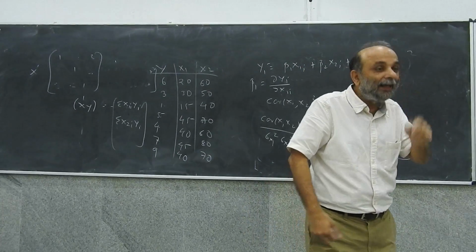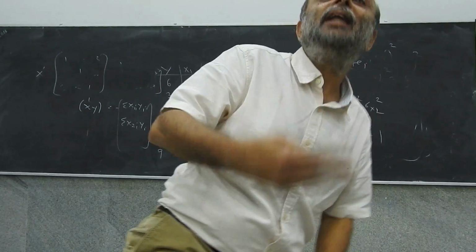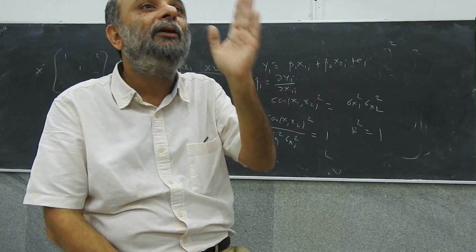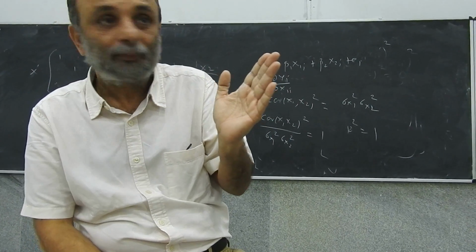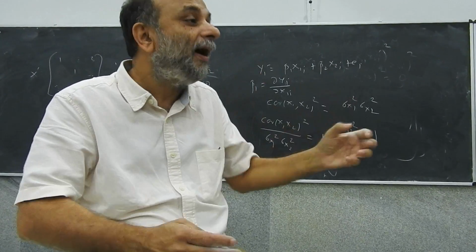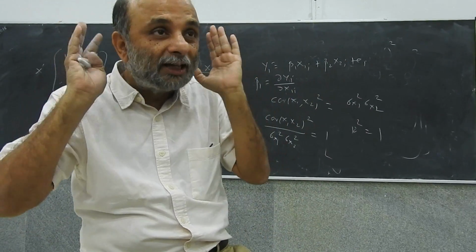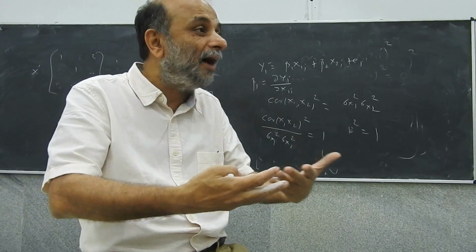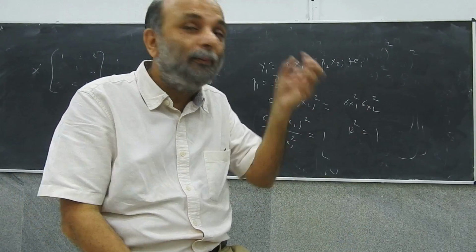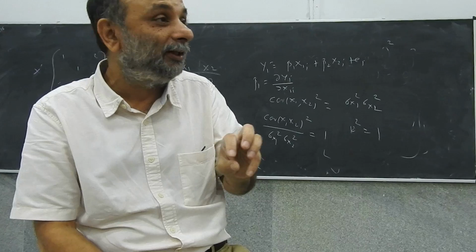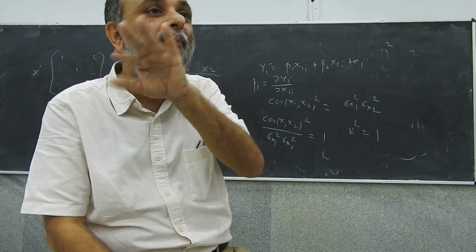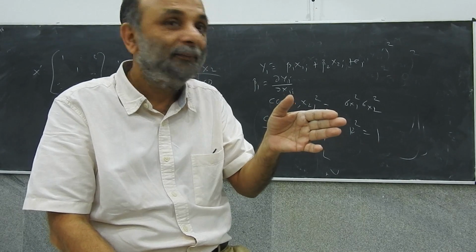So what this is saying is, you don't have enough information in your data to find separate values of beta 1 and beta 2. So in effect, what the determinant of x dash x measures is the amount of information that you have in the data to be able to find the parameters beta 1 and beta 2. When they are perfectly correlated, you have zero information to find beta 1 and beta 2 separately.